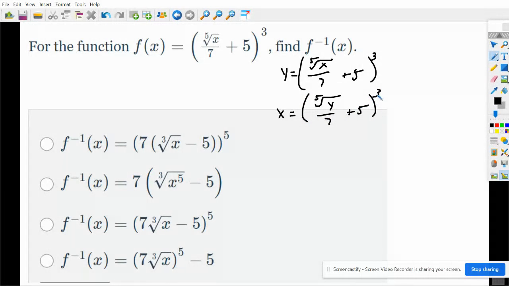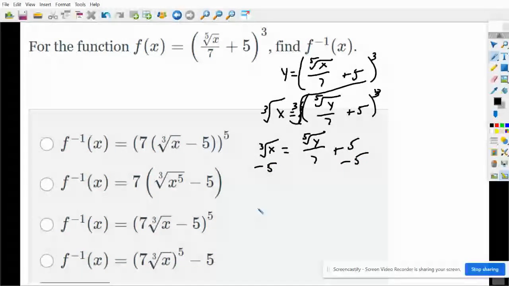Okay, the 5th root of y over 7 plus 5, all raised to the 3rd power. So here, I got to get rid of this, so I'm going to cube root both sides. Okay, so I've got the cube root of x equals, and again, all that happens here is that the cube cancels. So I've got the 5th root of y over 7 plus 5. I'm going to subtract 5 from both sides. So I've got the cube root of x minus 5 equals